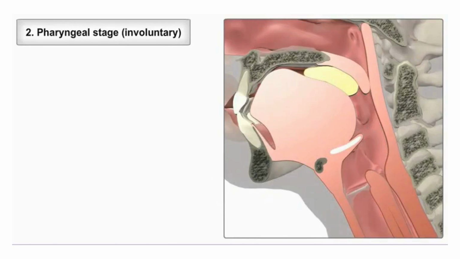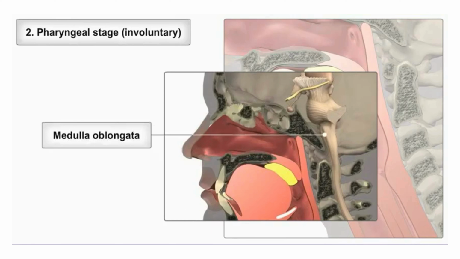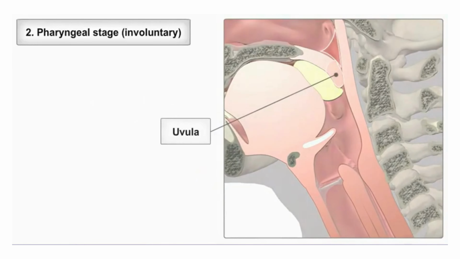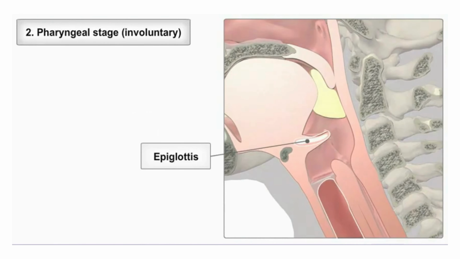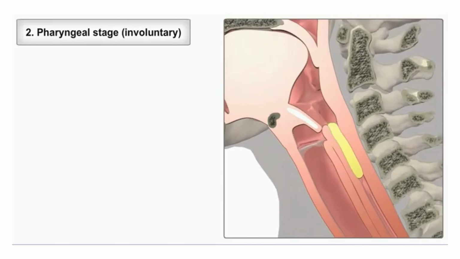Movement of the bolus stimulates receptors in the oropharynx, which send impulses to the deglutition center in the medulla oblongata and the lower pons of the brainstem. The brain signals the soft palate and uvula to close off the nasopharynx, and the epiglottis to seal off the larynx. This prevents the bolus from entering the respiratory tract. The upper esophageal sphincter relaxes to allow the bolus to move into the esophagus and contracts to reduce backflow into